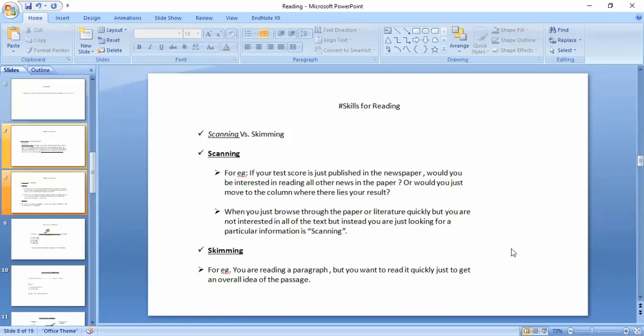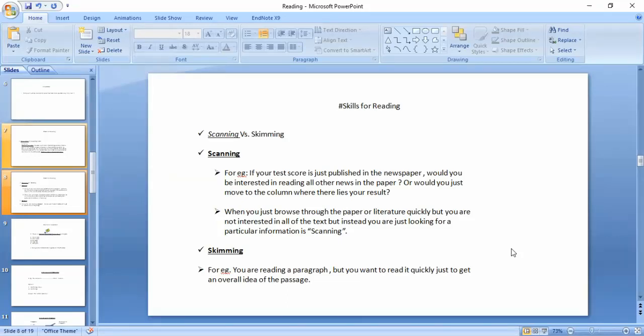So skimming is reading briefly and rapidly from top to bottom of a paragraph or passage just to get a glimpse or idea or gist of what the paragraph or reading passage is all about. So that is called what? Skim. So both scanning and skimming are done very rapidly, quickly, moving your eyeballs through the text, but they